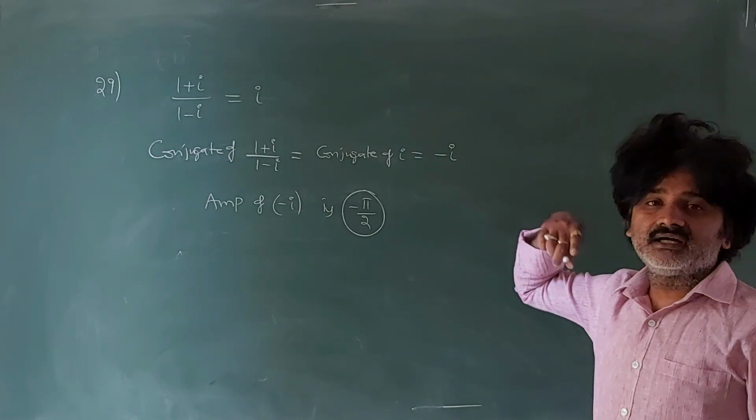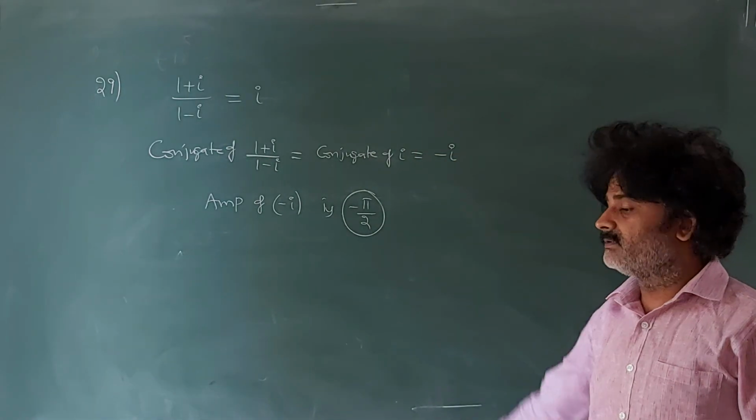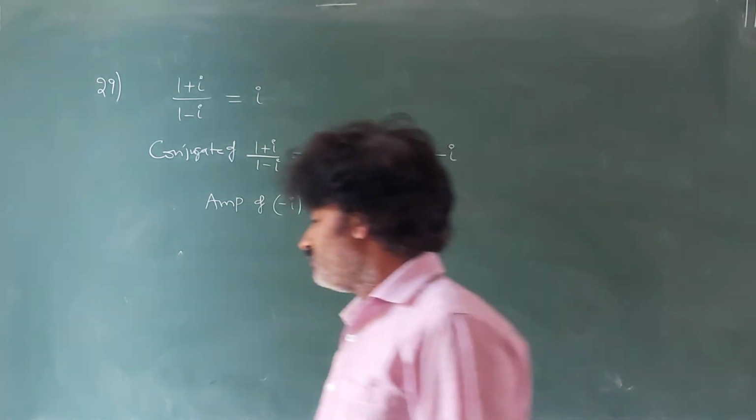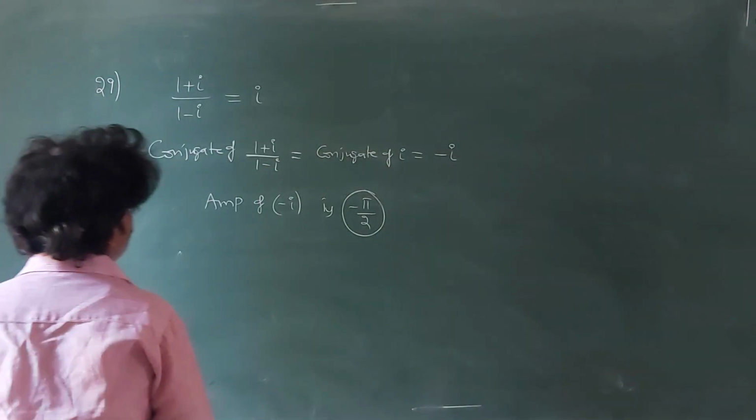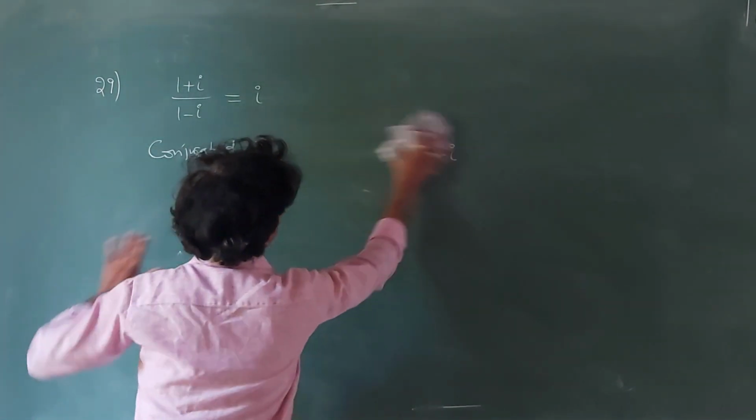Okay, so please make the correction. Answer, it is not there. Answer is minus pi by 2. Right. Now if you come to the 30th, same model, but here I know the simple form of this given,